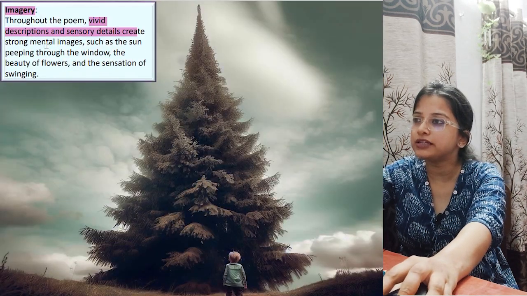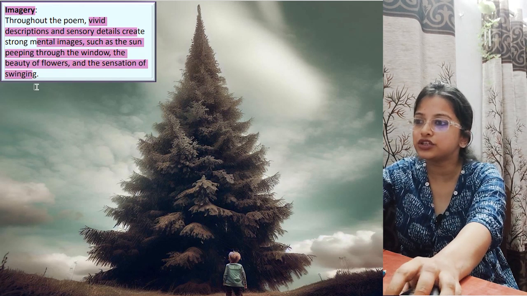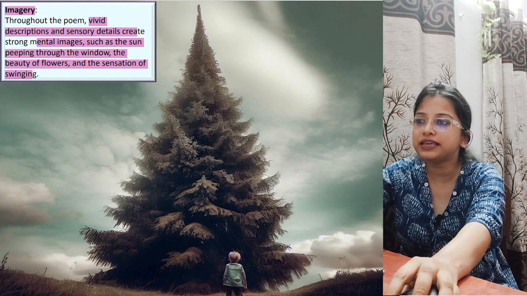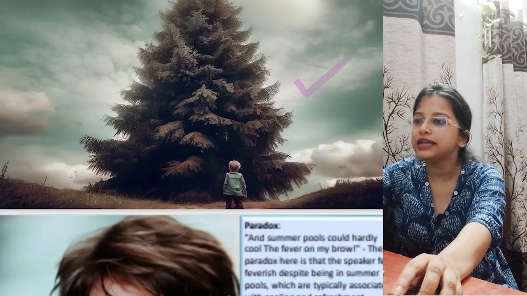So that is what mental images are, such as the sun peeping through the window, the beauty of the flowers, the sensation of swinging, then this little child looking up and thinking that the fir tree will reach heaven, will reach the sky, all that. Okay. Next one